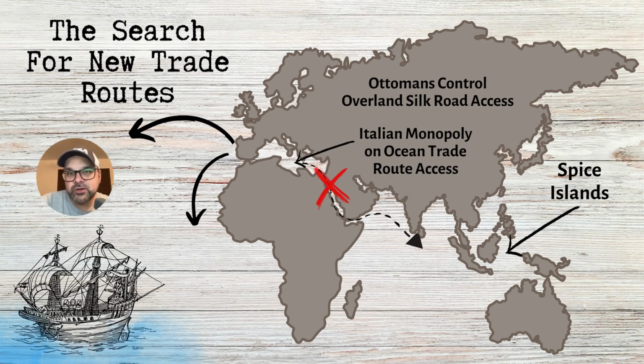It's not that they couldn't trade over land anymore. It's not that they couldn't go through the Mediterranean Sea, but there was this competition. And because they were controlled by the Ottomans and by the Italians, they're paying high taxes. So why would we pay them taxes, is their thought process, if we could just go and find a new route for ourselves. So these developments push Europeans to look for new trade routes,